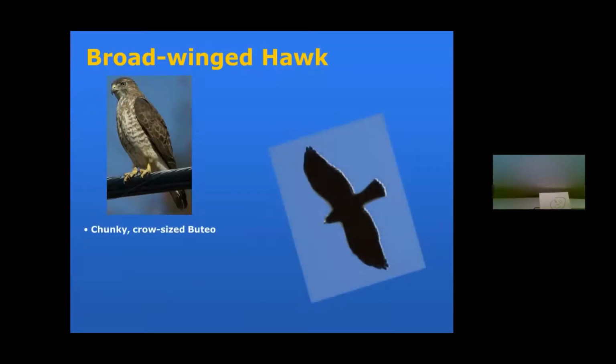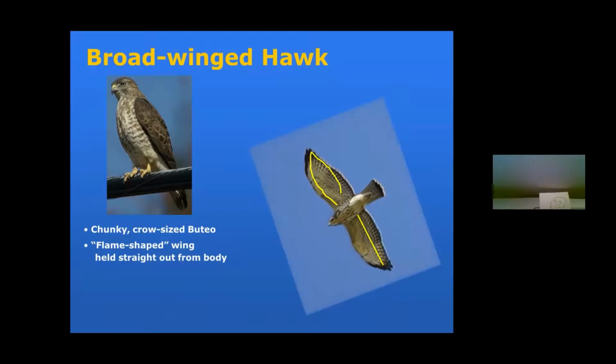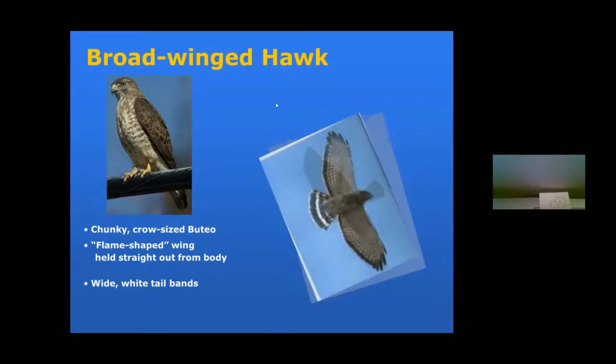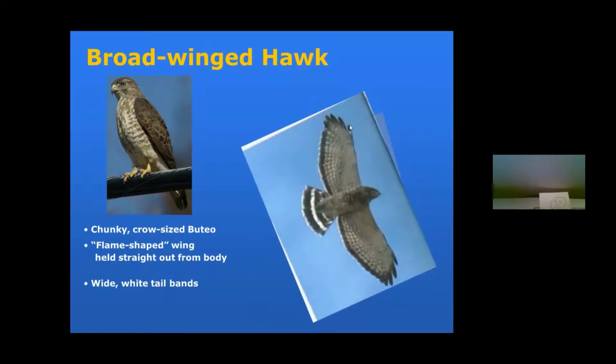Another one that breeds in West Virginia is the broad-winged, in the forests, in the upper elevations, all over the state actually. It's chunky, but there is a differentiation. Do you notice the fingers here? Even though they all have fingers, the outer primaries are more pointy relative to the red-shouldered or red-tailed. And from a distance, it looks like the bird has a candle flame. I call it a candle flame type wingtip.